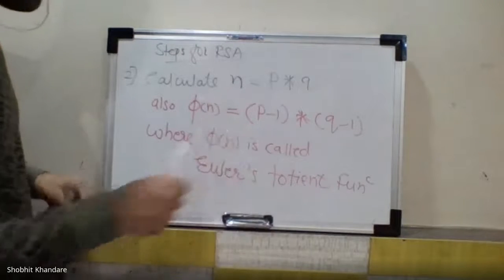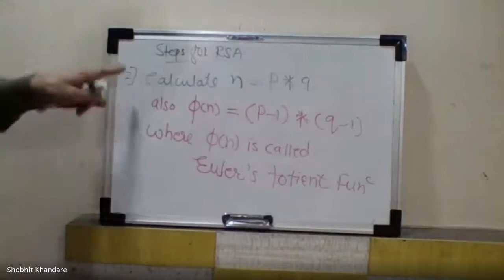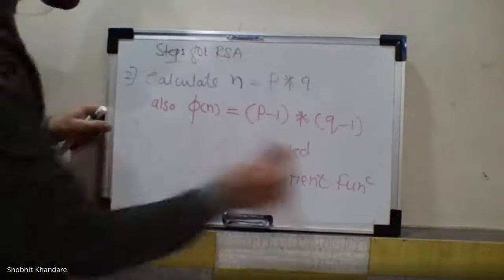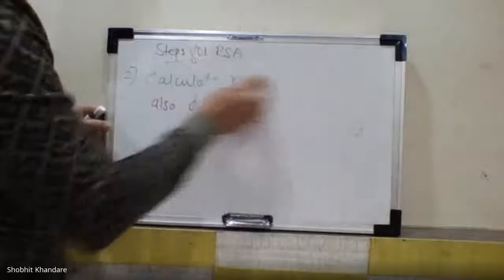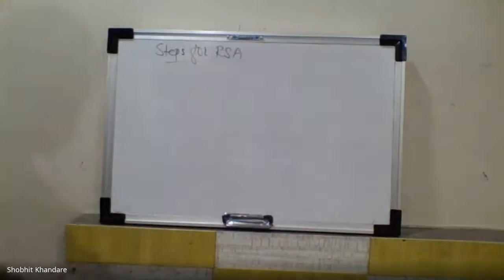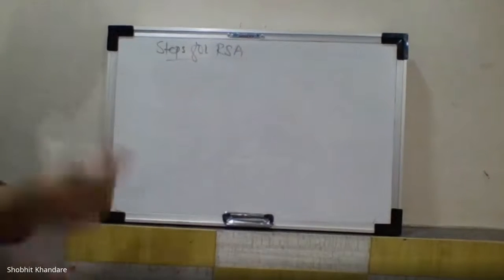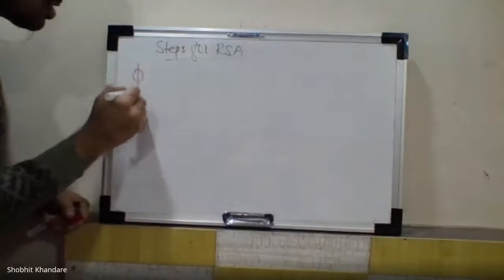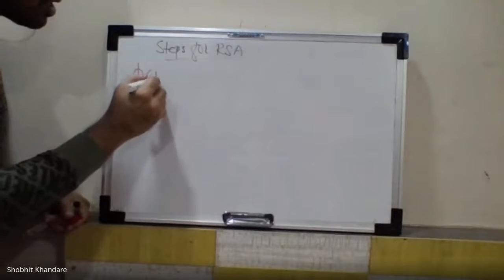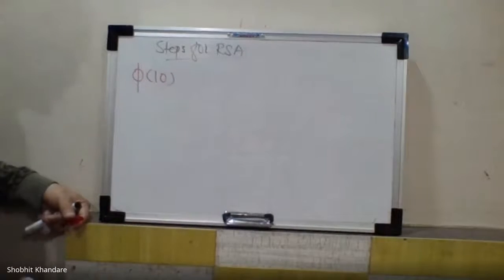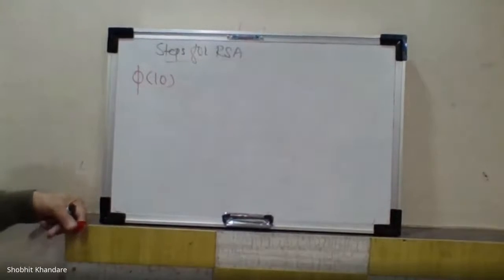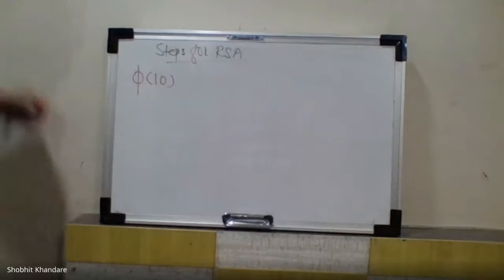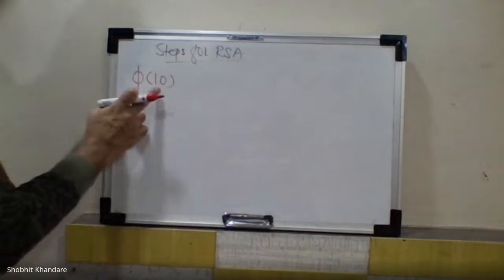But otherwise, we'll see what the totient function is. In the same point, you can write down the totient function, and I will try to explain it. I will directly take an example, and I want everyone to pay attention. This is important to understand the totient function. For example, if I want to find the totient function of 10, how do you get it? Suppose the number is 10.